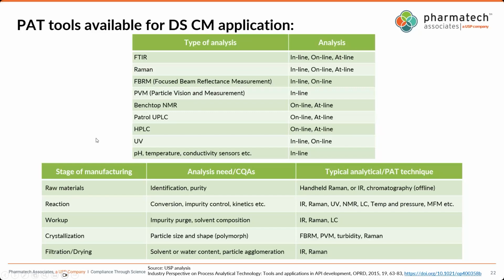As you can see here, different types of analysis, like FTIR, Raman, FBRM, and PVM, can be used as inline, online, or at-line, depending on the requirement of your process. For example, the FBRM and PVM are typically used inline because that gives you real-time information about the crystals, polymorph, or solubility, whatever you're using it for, or the crystallization. The benchtop NMR can be used inline or at-line. So there are different types of analysis available, and you can choose whether to do it inline or online depending on the requirement of your process. The next table that you see is basically a typical